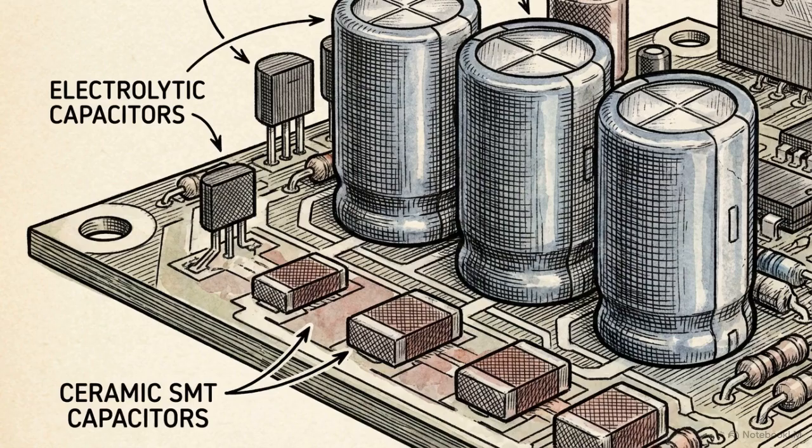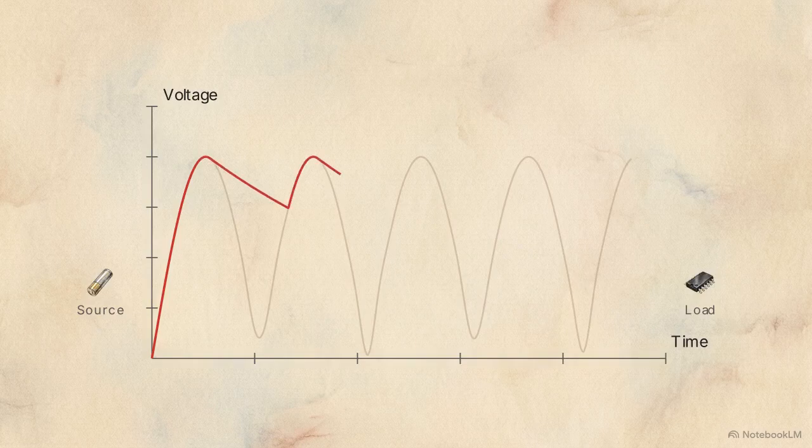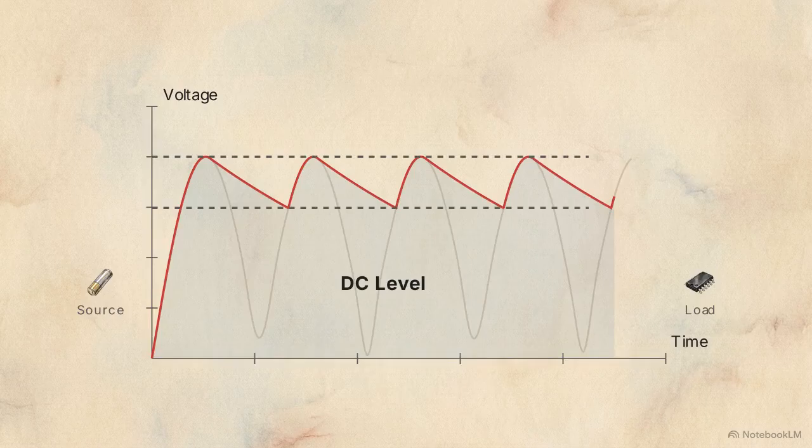On this amplifier circuit board, you can see these various principles in action, with ceramic chips and large electrolytic cans performing distinct roles. Near the power input, large capacitors serve as supply filters. They absorb fluctuations from rectified AC to create a steady DC rail. The capacitor recharges on the voltage peak and discharges slowly into the circuit, resulting in a small sawtooth pattern called